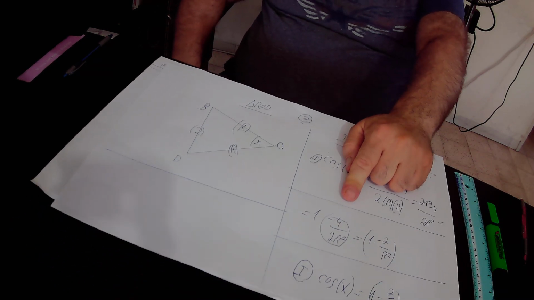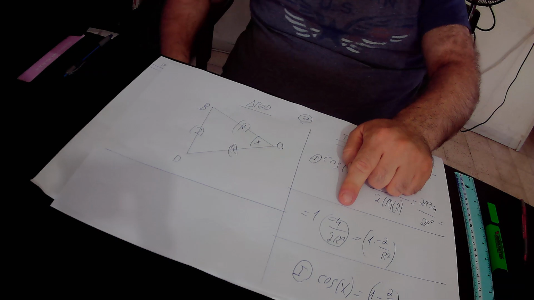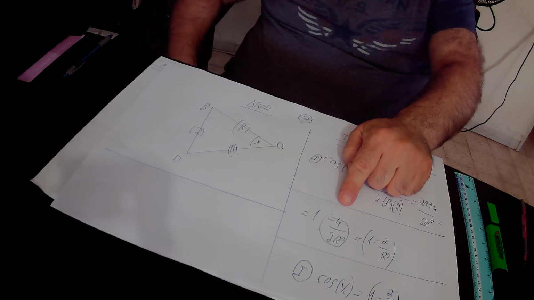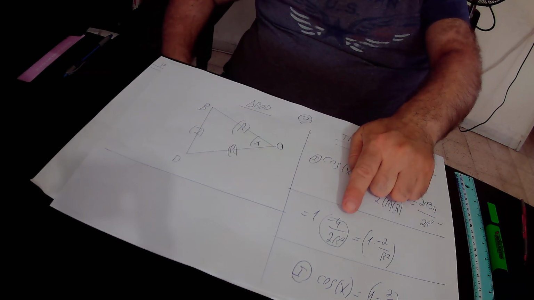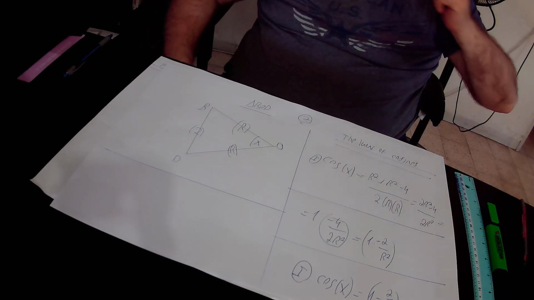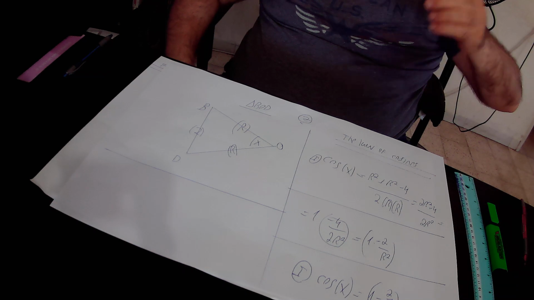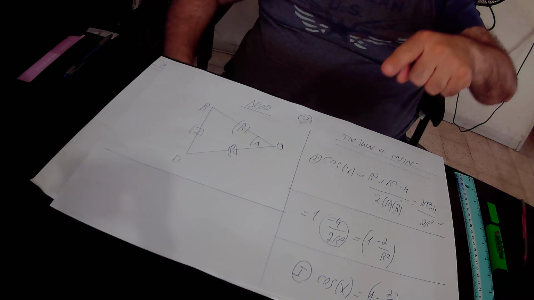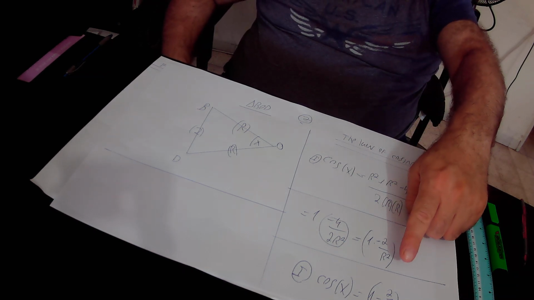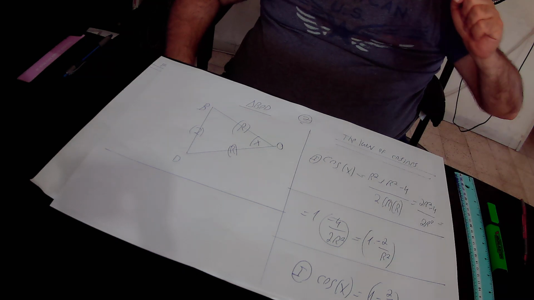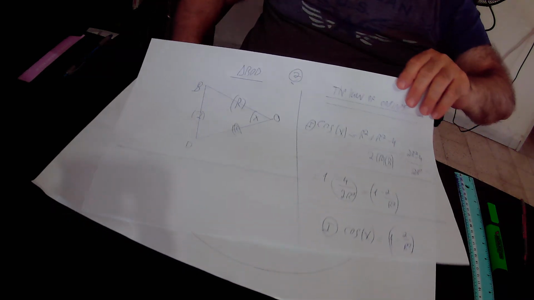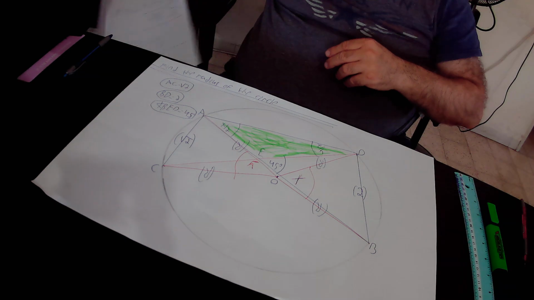Here we divided both the numerator and the denominator of this expression by 2. Minus 4 over 2 is minus 2, and 2R squared over 2 is R squared. So in conclusion, we should find out that according to equation 1, cosine x equals 1 minus 2 over R squared. Okay. In the next step, I copied